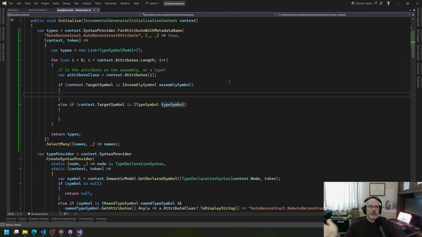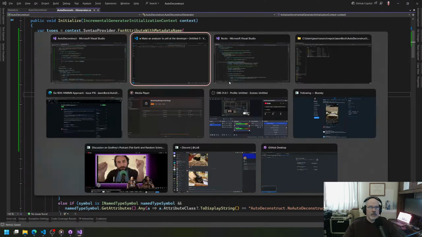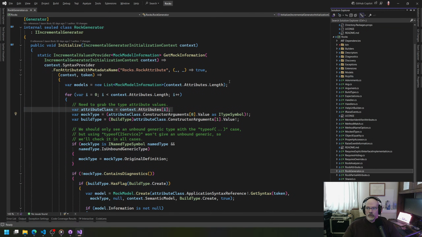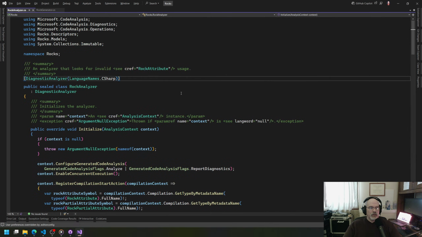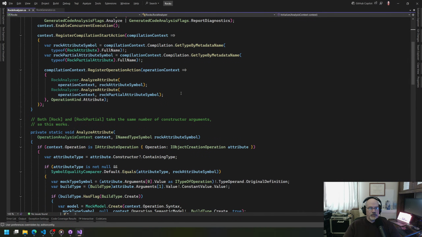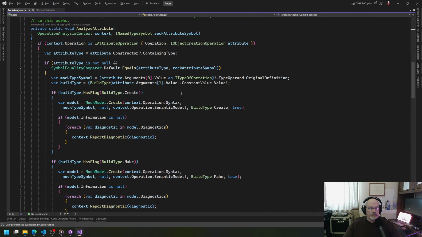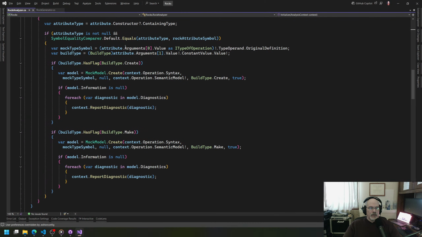And you can do that. You can put analyzers in source generator projects. We do that in Rocks. There is Rocks Analyzer. And so this is actually looking for some cases to say, yeah, it depends on the analysis of the mock model, but if we see that we have